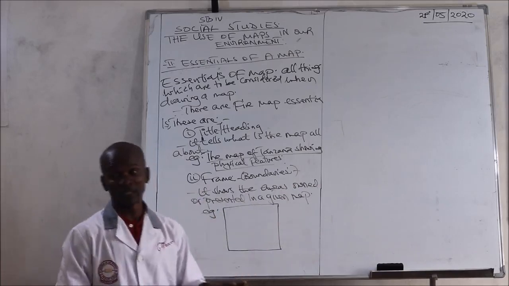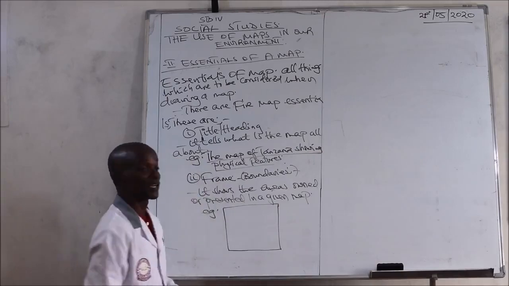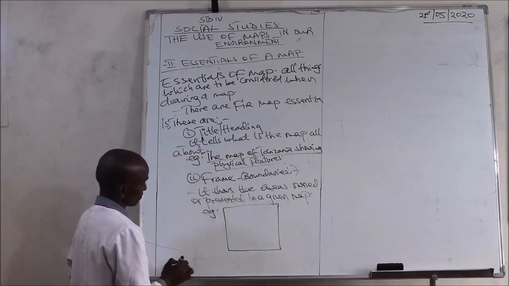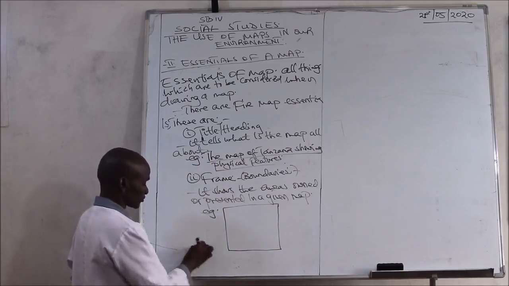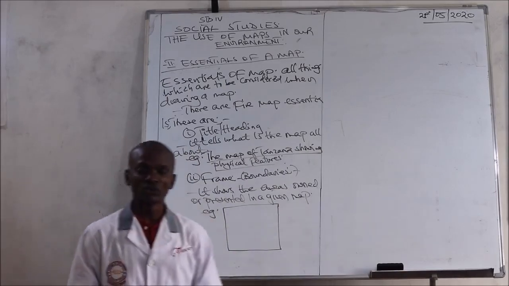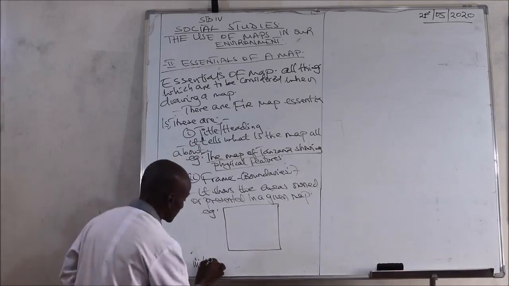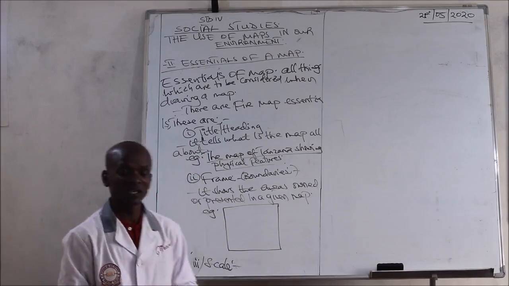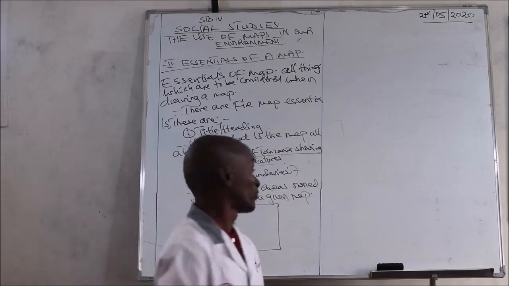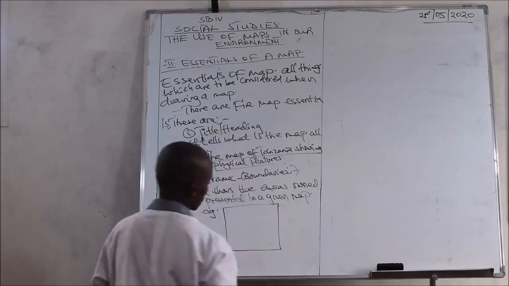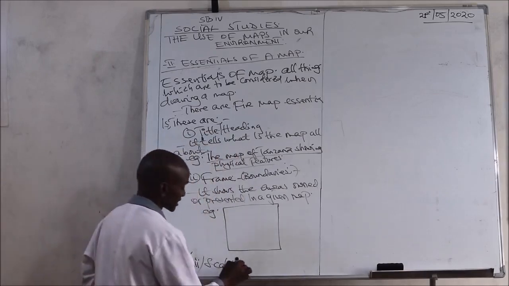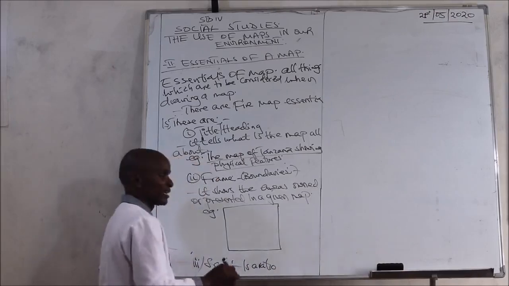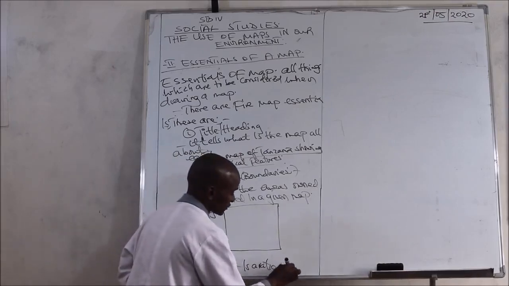Now, frame is very important. When you present this one, it's going to show you the areas that are owned by the given map. Also, another map essential, we call it a scale. A scale is very important. Why? First of all, we have to know what a scale is. A scale is a ratio which shows